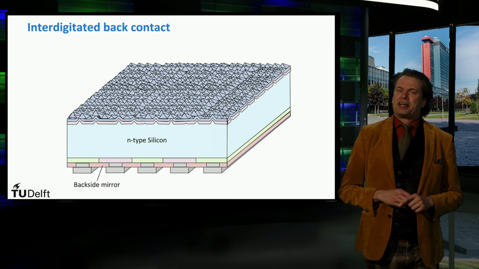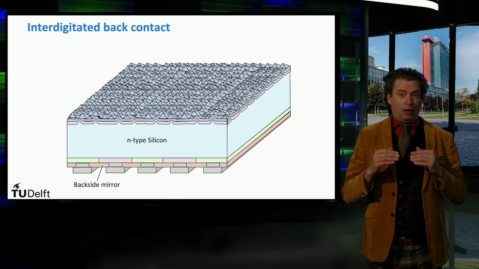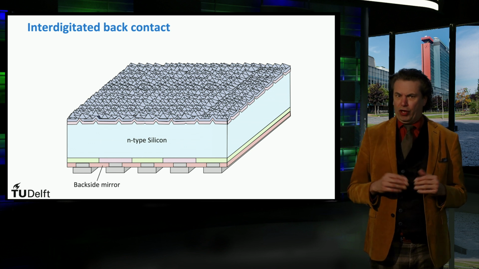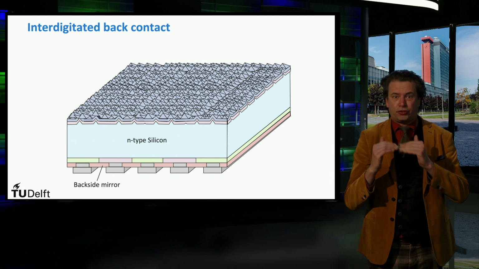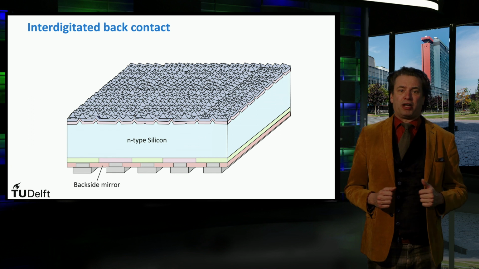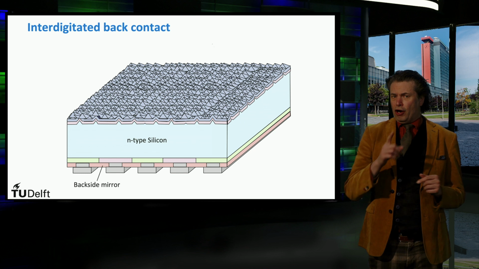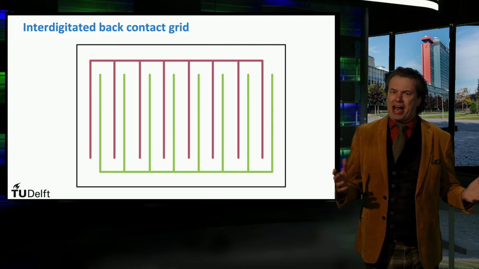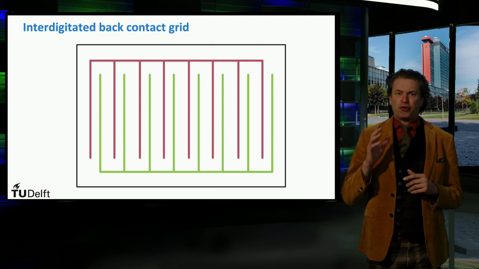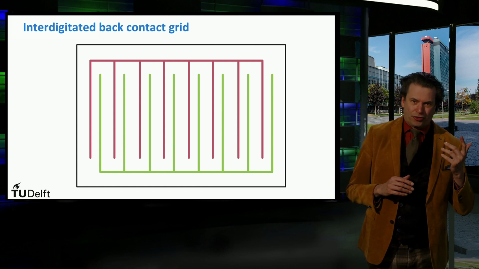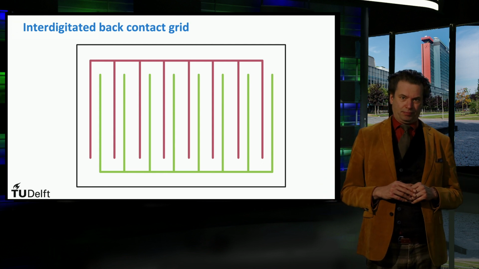The passivation layer can have a low refractive index such that it operates like a backside mirror. It will reflect the light above 900 nanometers, which is not absorbed during the first pass through the solar cell, back into the absorber layer, enhancing the absorption path length. From the back side, an interdigitated back contact solar cell would look like this. At the back, you have two metal grids. One collects the current of the N-type contacts and the other collects the current of the P-type contacts.